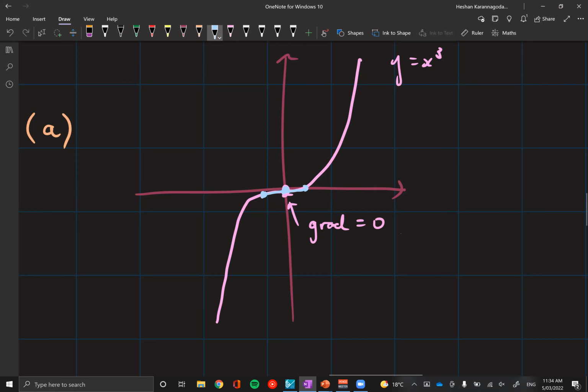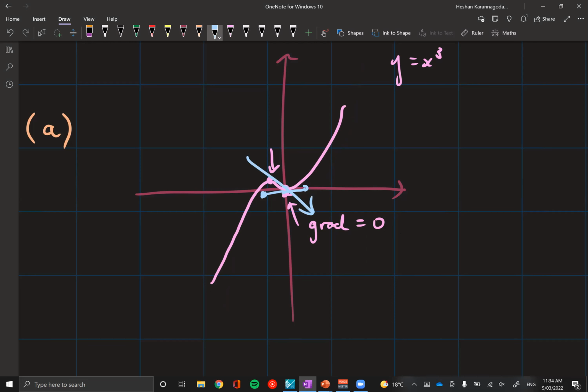The problem is if you go like this. This is when it's not strictly increasing. If it's like this, right? Because at this point here, that's when it turns downwards. So when it turns downwards, it's not strictly increasing anymore. It's actually decreasing. And the best way of telling that is you see a negative gradient. This is obviously going downwards, like a negative slope. So at that point, it's not going to be strictly increasing anymore. It's actually going to be decreasing. So that's when it's not strictly increasing anymore.